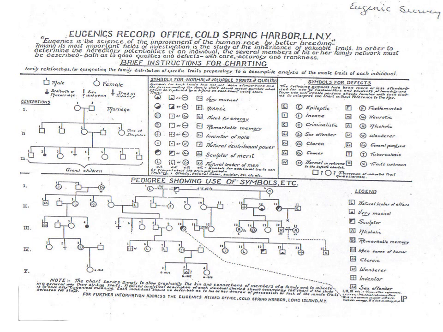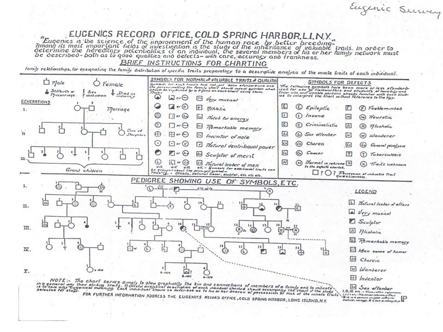As you can see, the data at Cold Spring Harbor that they're gathering is very different from the data that Galton and Pearson were attempting to gather. So Pearson and Galton were measuring noses and faces and arms and shoulders in order to match personality traits with particular physical traits. But basically what they were doing at Cold Spring Harbor was just measuring these personality traits.